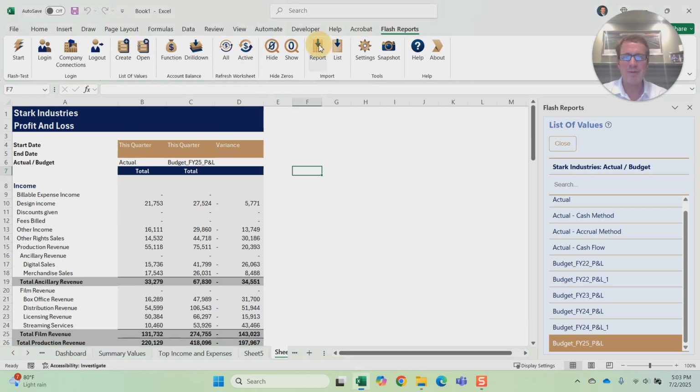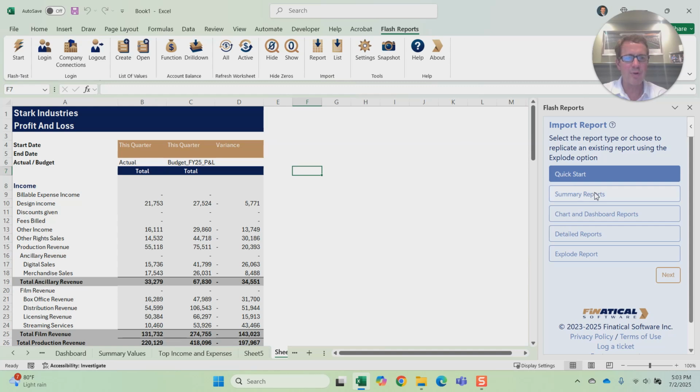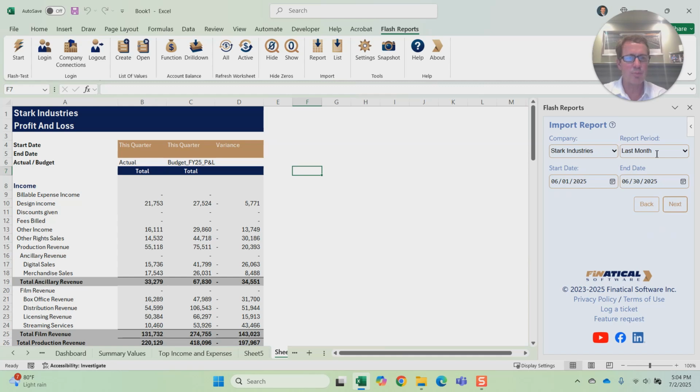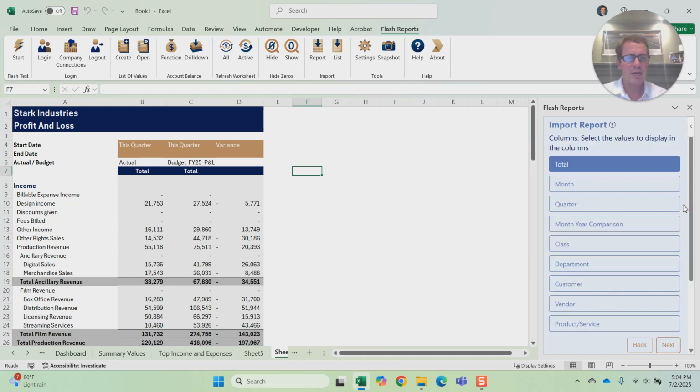The next thing that I'll show you is how to make use of the more advanced functionality, after you've run some of those QuickStart reports, in terms of other reports that you can build. So in that section, with our summary reports, there's a whole number of options. Let's run it for stock again. But now I can run reports there. I can select, from a template perspective, what my columns should be. Here we can see I can either choose my columns as periods, or I can choose them as one